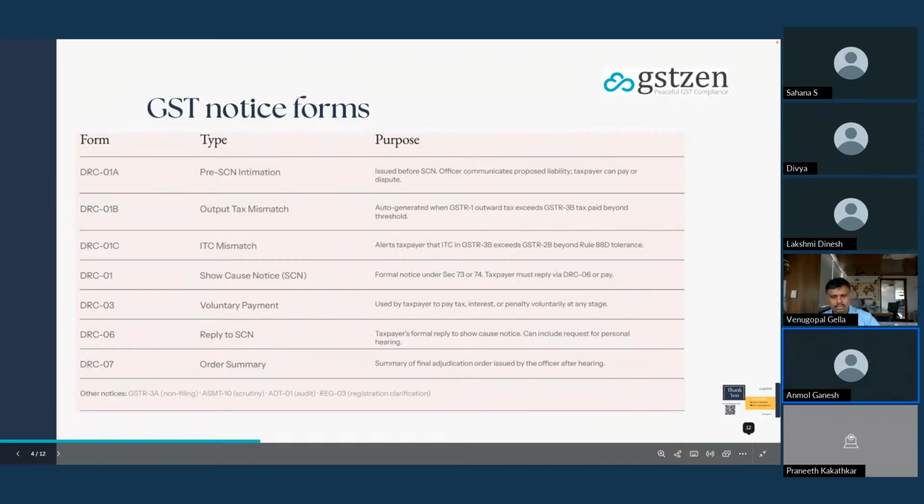This is the order summary issued by the GST authority. It will be the final order issued by the officer, so it concludes the proceedings at the department level. We also have some more notices like ASMP notices. We will get to know about that notice in detail in the case lifecycle journey.